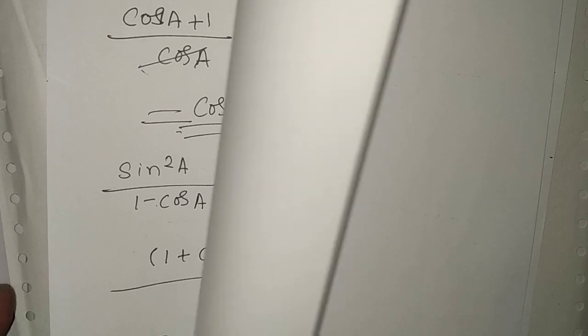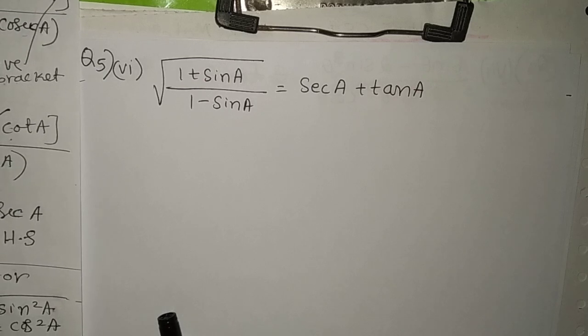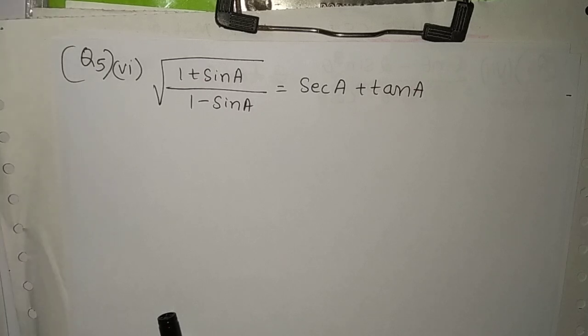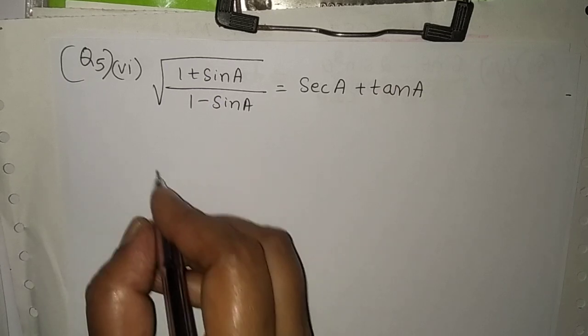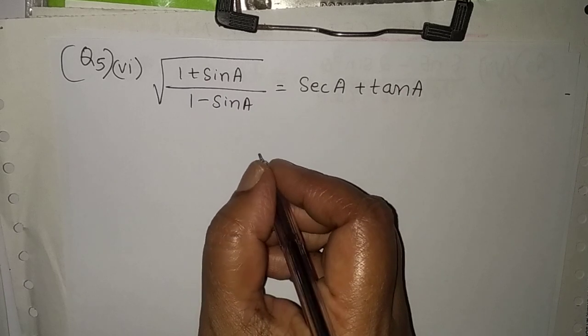So the sixth problem is: square root of (1 plus sin A) by (1 minus sin A) is equal to secant A plus tan A. This is the problem. So what we have to do, first step is